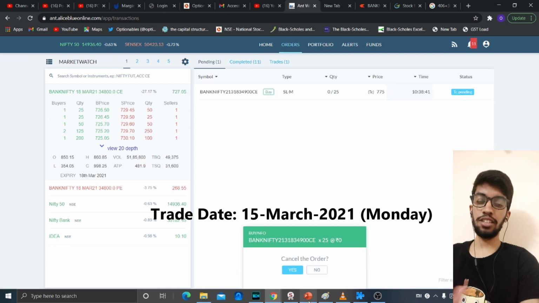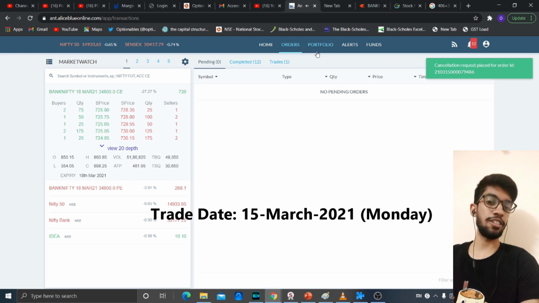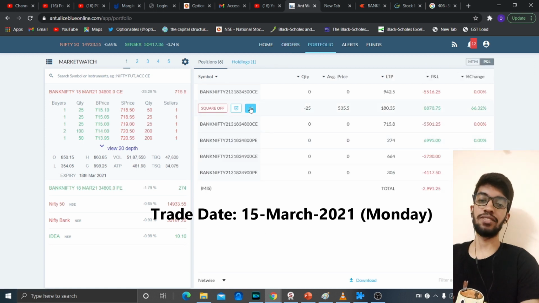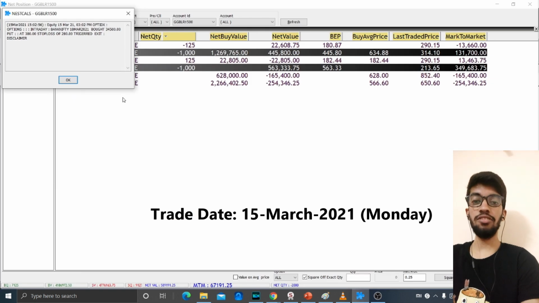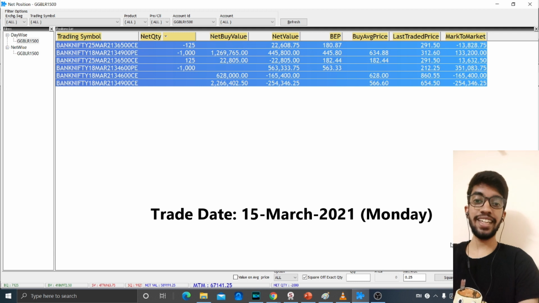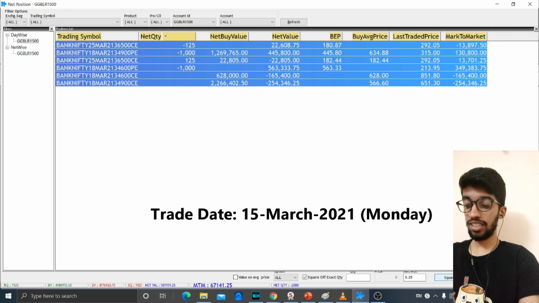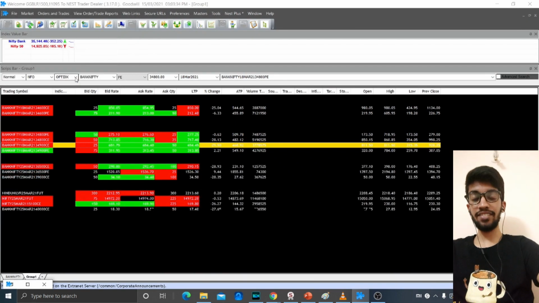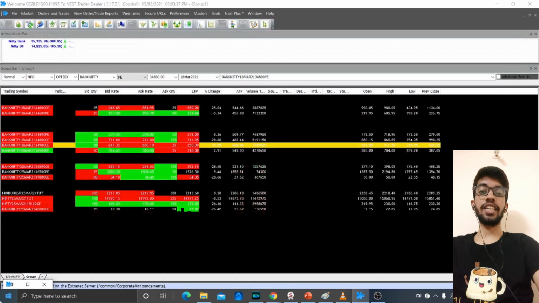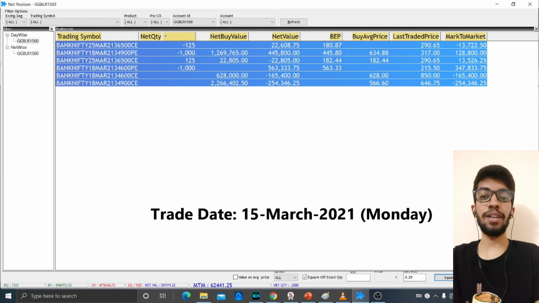Then on Tuesday, even the 1 o'clock trade and 2 o'clock trade didn't go as expected at all. So it was a very horrible day for us, and we ended with a net loss of almost 3 lakh. So overall, we had a loss of 3 lakh on Tuesday alone. We were at a positive of 5,75,000, and we dropped all the way back to 2,70,000 for the entire week. So Tuesday was a very bad day,